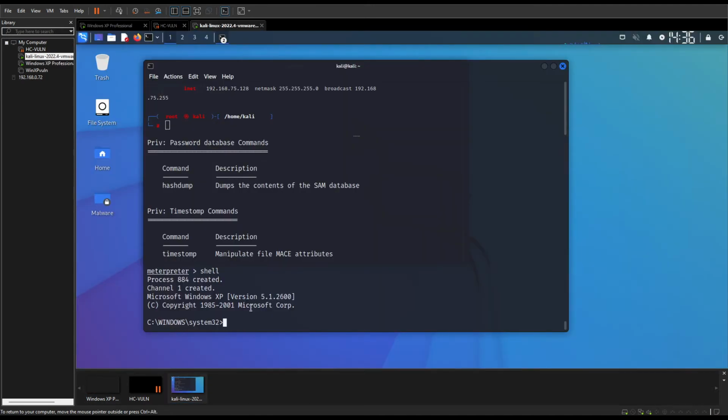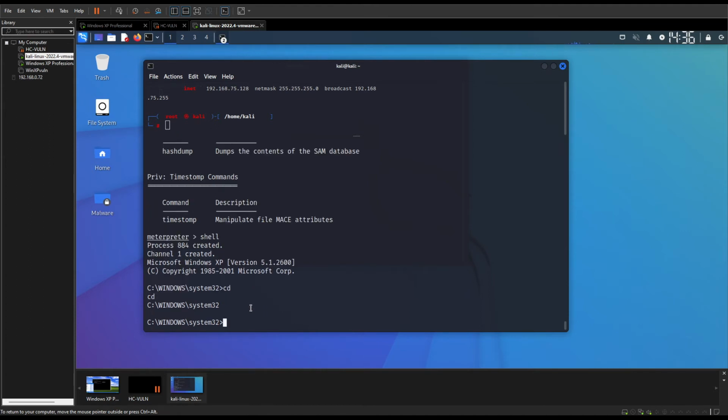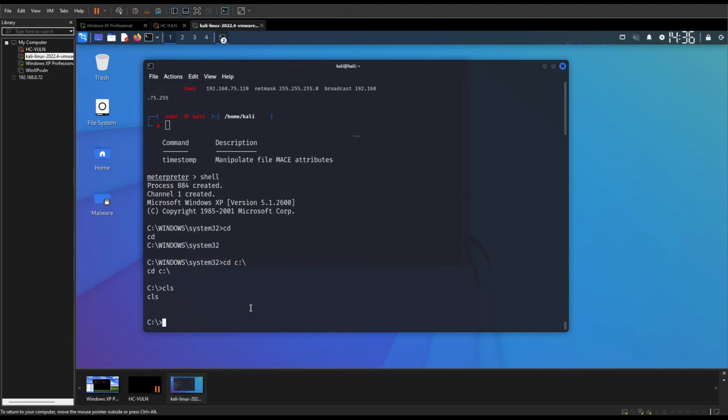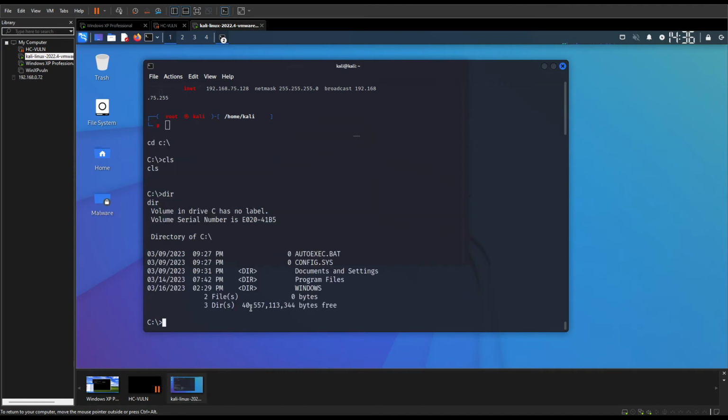So let's see if I can prove that. So first of all, I go to the C drive, dir. So there's my C drive, and if I just do it here,